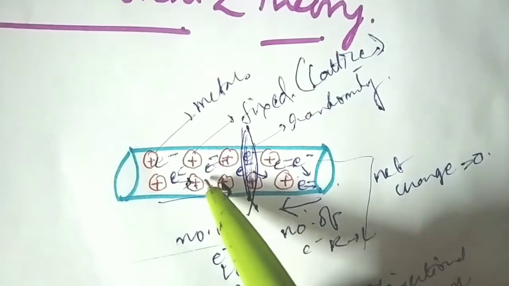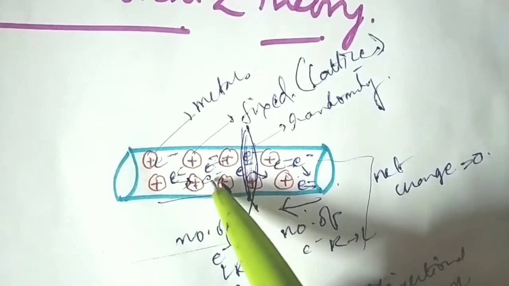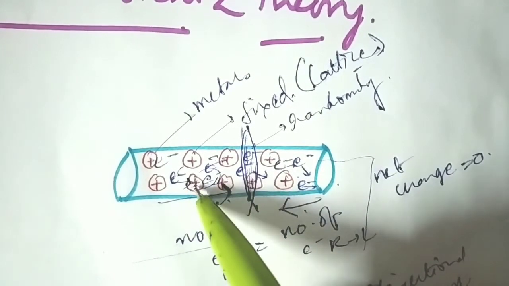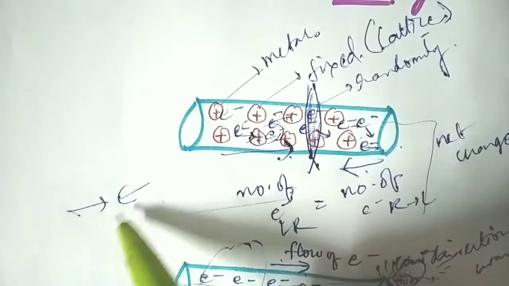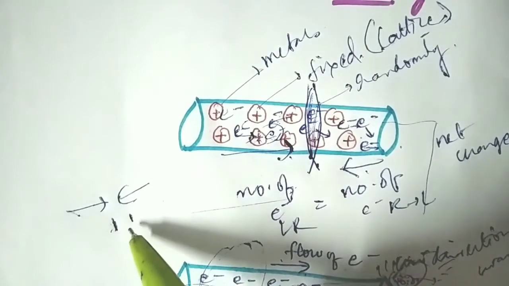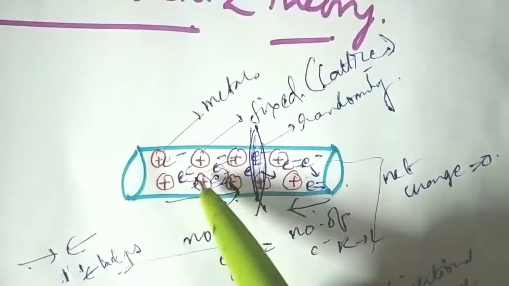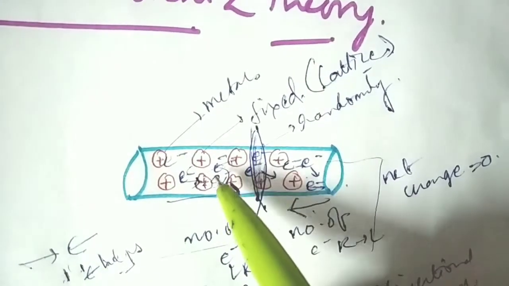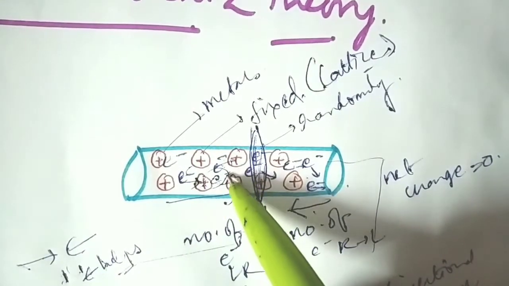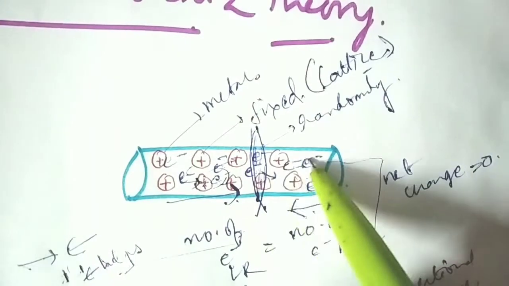So when they get collided, they may get stopped at one place, because see here, when two people get collided, they sit at one place. Can they run now? Can they walk now? No. After collision, they cannot walk or run until someone comes and helps. Until someone comes and helps, they will not be able to walk. Similarly here also, electrons, until you provide them some energy again, will not move in the forward direction.